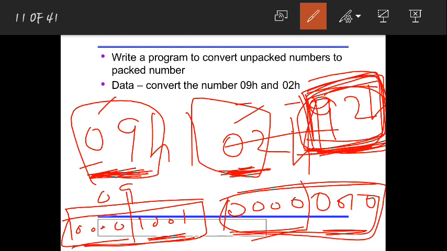Okay, so here what I'm trying to do is, if I send directly unpacked data, I should send 16 bits. Instead of the 16 bits, I'll convert into 8 bits as 92, and then I'll send that 8 bits towards the receiver. After receiving it, that 8 bits again will convert to unpacked numbers, that means again 16 bits. So while sending, I'm sending a lesser amount of data. Okay, so also I can save the memory. So in this way, in such applications I use these unpacked and packed numbers.